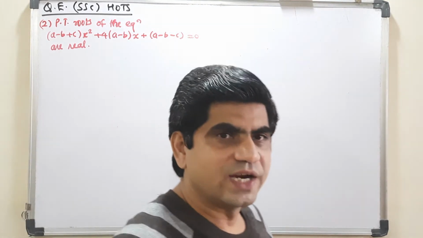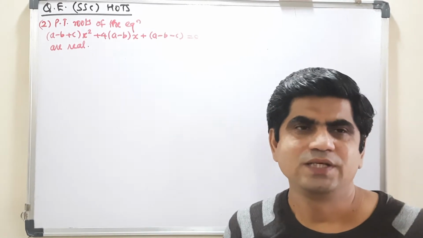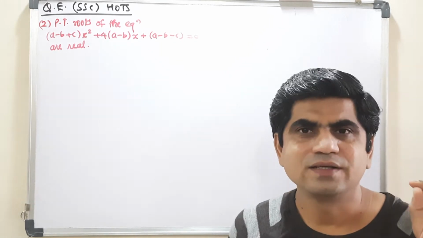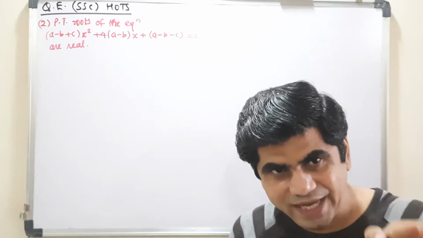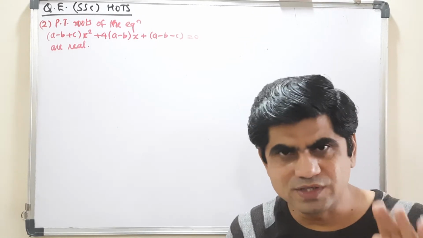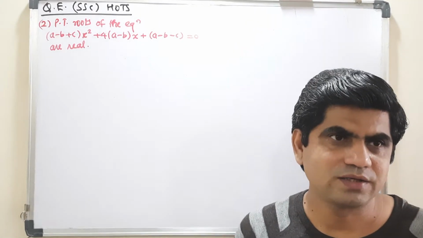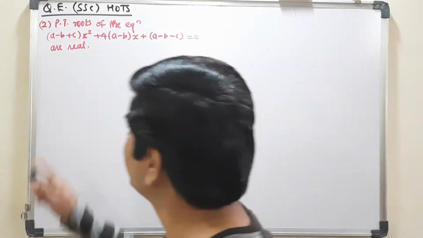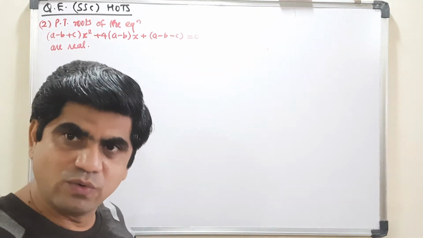You know when the roots are real. The roots are real only if the determinant value, or discriminant, that is b square minus 4ac is either 0 or more than 0. Correct? The roots are real if the discriminant value is positive. In short, you should not get the discriminant value negative. That means you have to think what will be the value of A, B, and C over here.